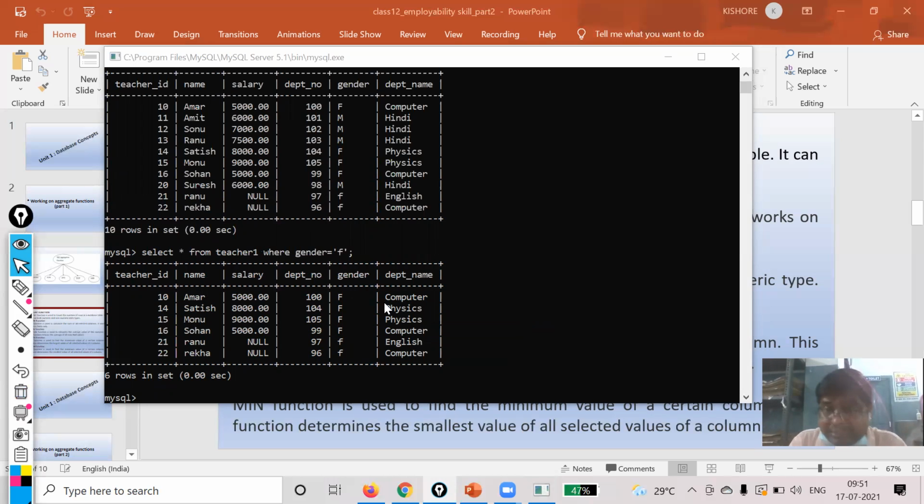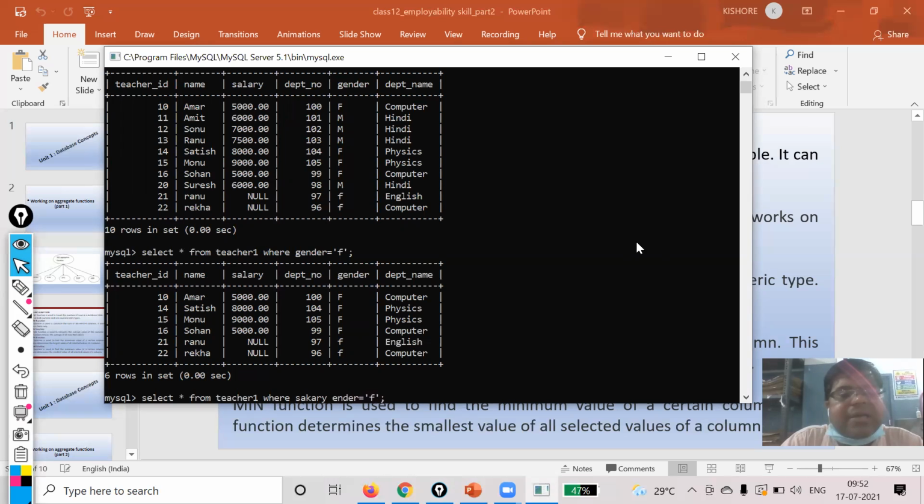Okay, the same I can use on my salary also. Those who are getting more than 7,000, only those records should be displayed. So there I will use the same where clause. What is the name of the field? Salary.